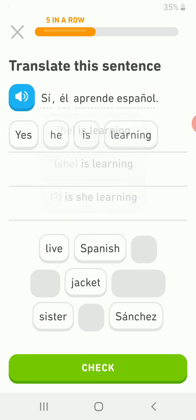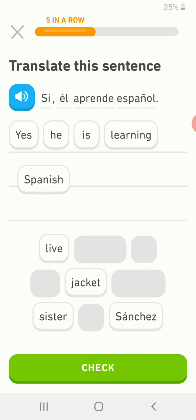So now we have Aprende, not to be confused about present simple and present progressive. He's Spanish here, and is learning is more like está aprendido. Yeah, it's more aprendido. But I think even if I would say yes, he is learning, because when you learn, this is something that is continuous. It's not like you just learn things. So that's why